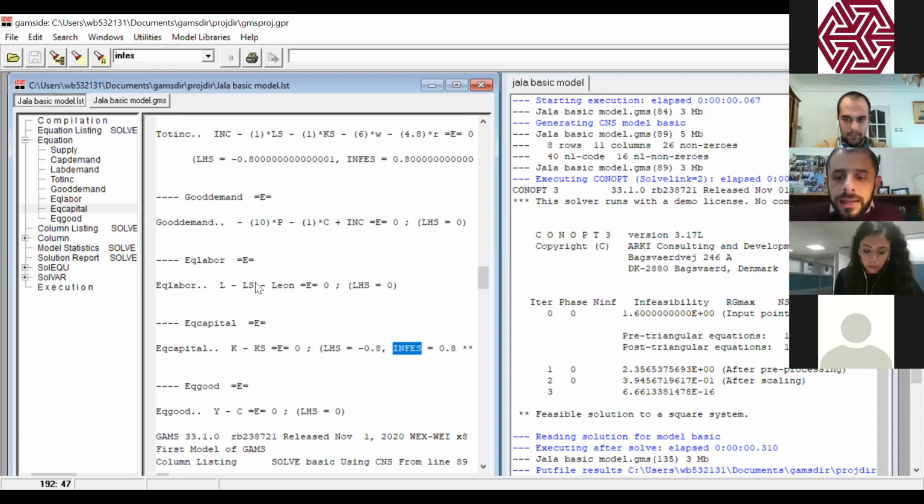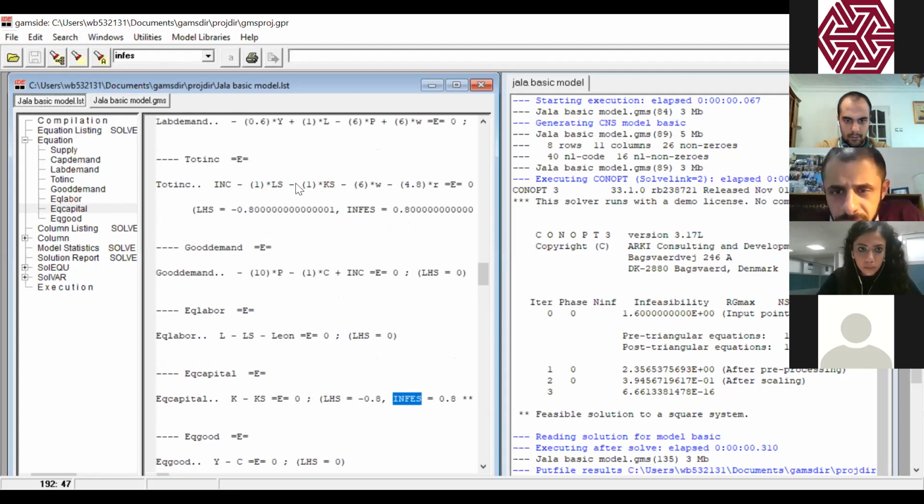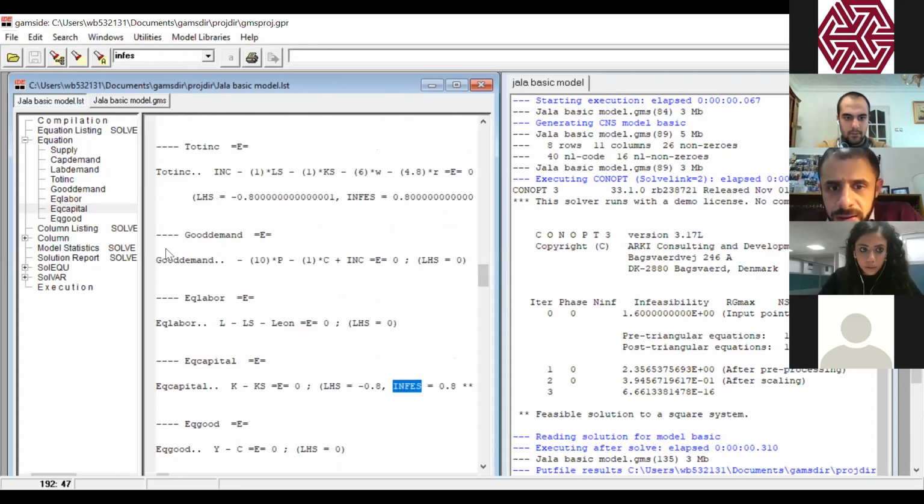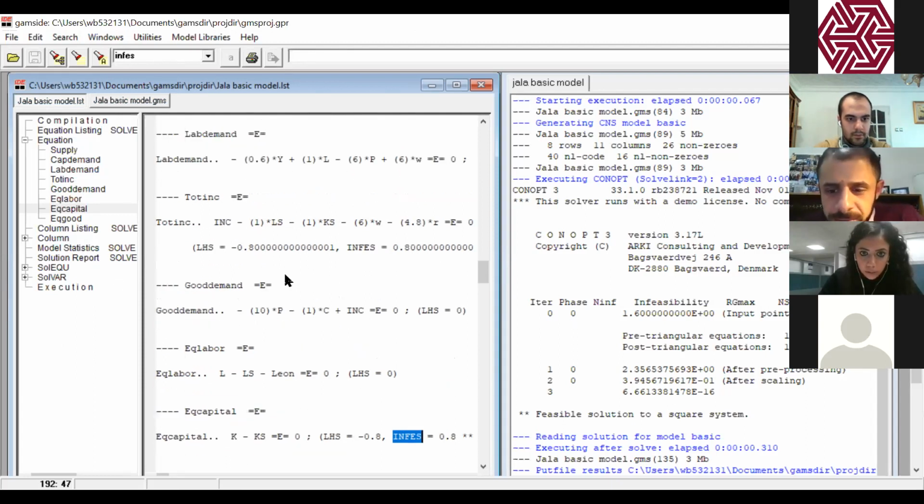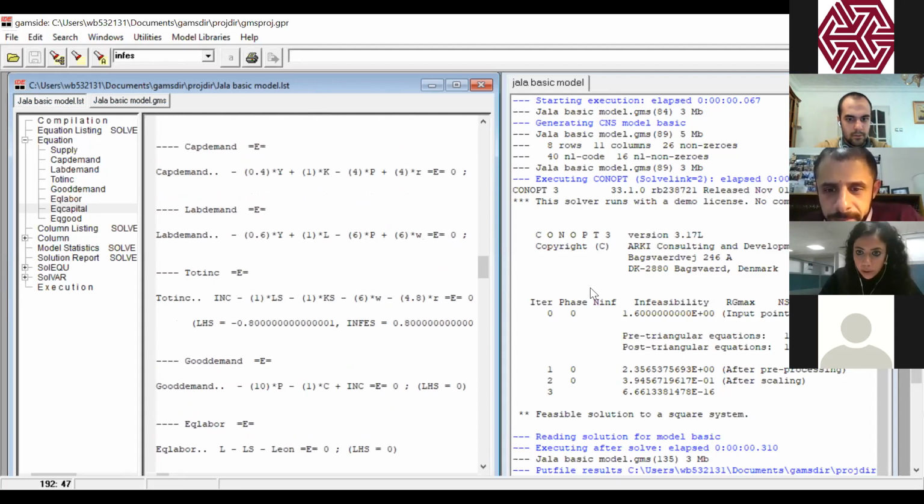Okay. Then go back to this Jala basic model dialog box, the other one, where we have the infeasibility. Yeah. Here in pre-triangular equation and post-triangular equation. I'm sorry, Dr. Shaheen, I'm not sure what to look at. Look at the very first, where you have the feasible solution to a square system. Oh, here you mean?